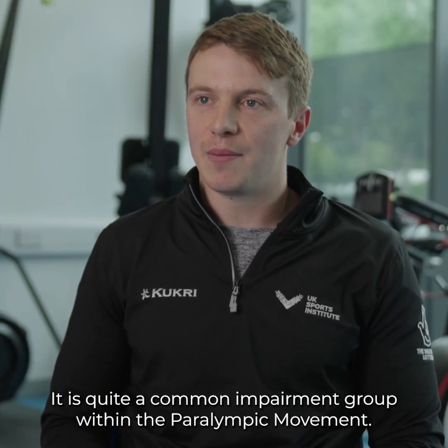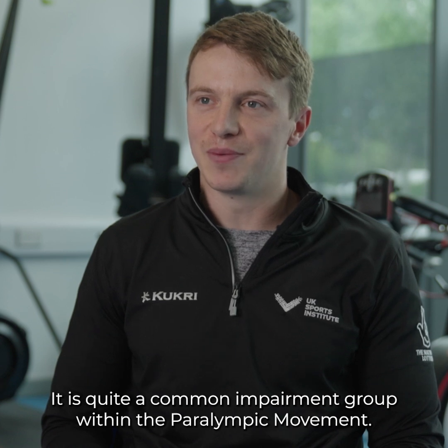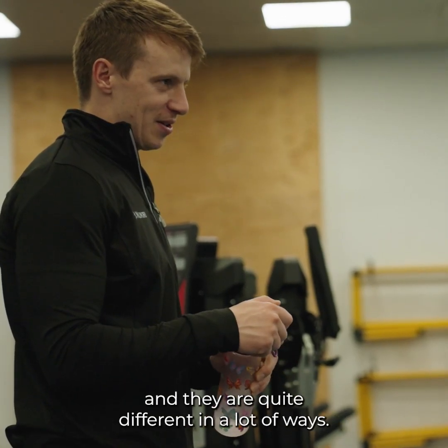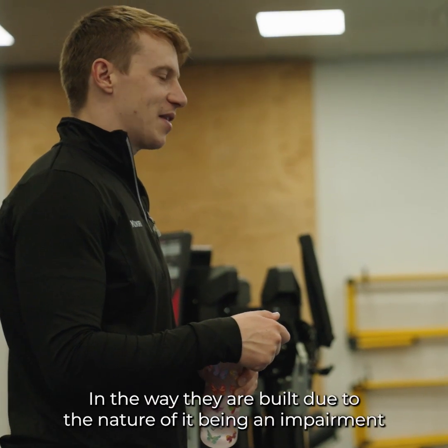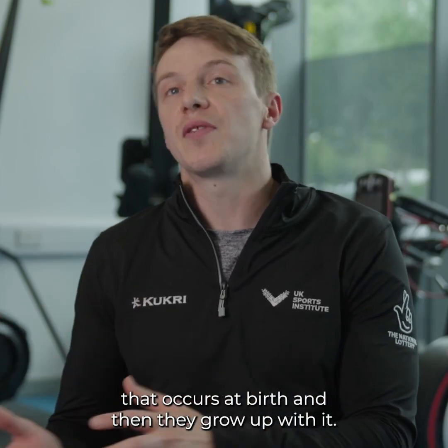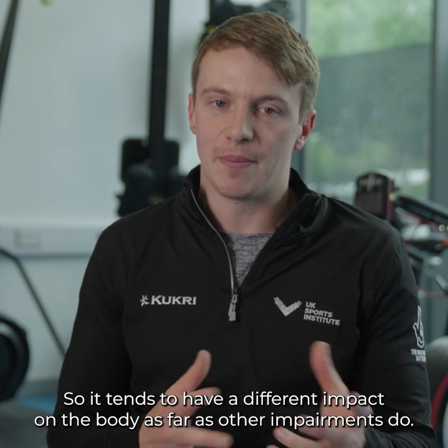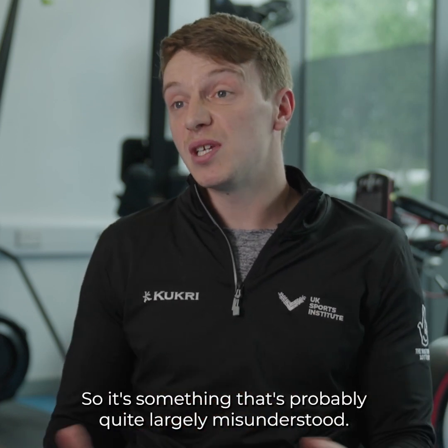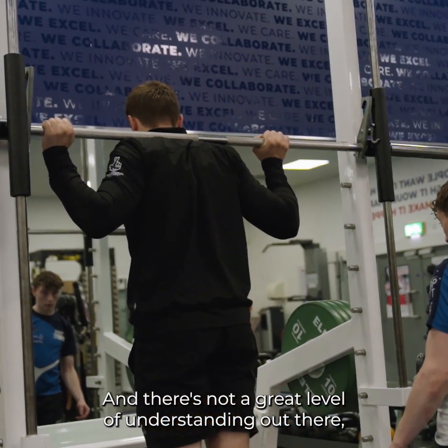It's quite a common impairment group within the Paralympic movement, so it's one of the impairments that's quite hard to understand, and they're quite different in a lot of ways in the way they're built due to the nature of it being an impairment that occurs at birth and then they grow up with it, so it tends to have a different impact on the body as some other impairments do. So it's something that's probably quite largely misunderstood, and there's not a great level of understanding out there,